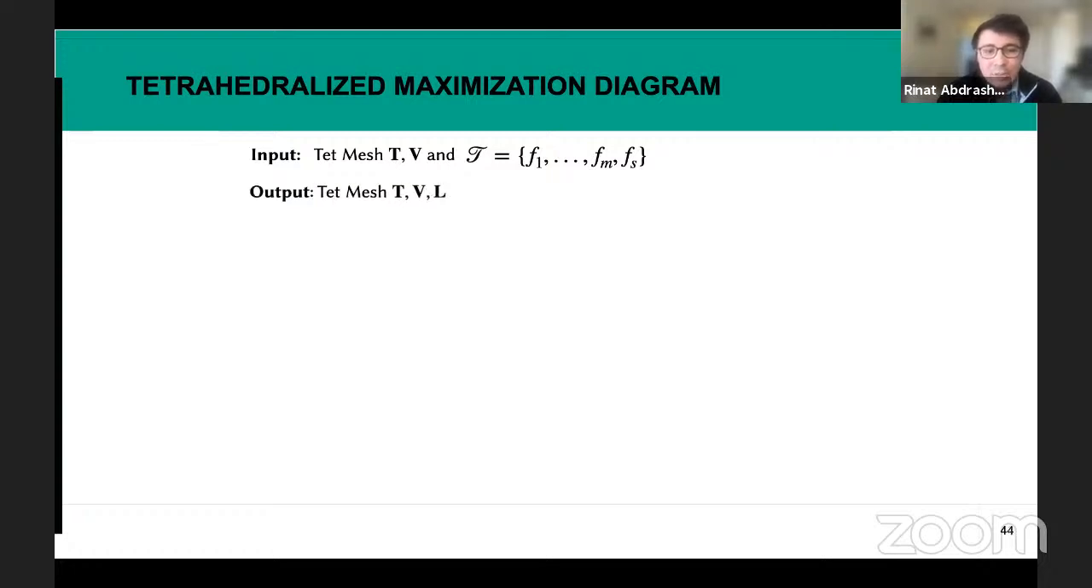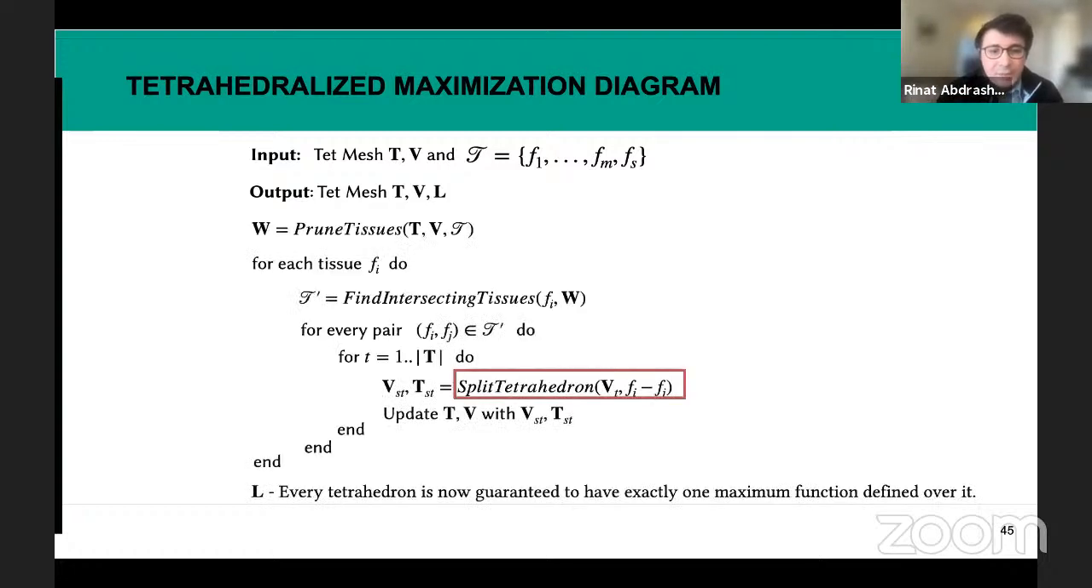And our output is simply another tet mesh where we have this additional matrix L that tells us the identity or the label of each tetrahedron. Labels basically tell us which tissue this tetrahedron belongs to. This is the pseudocode, but the main thing I wanted to point out is this split tetrahedron function, which takes a single tet and two different tissue functions